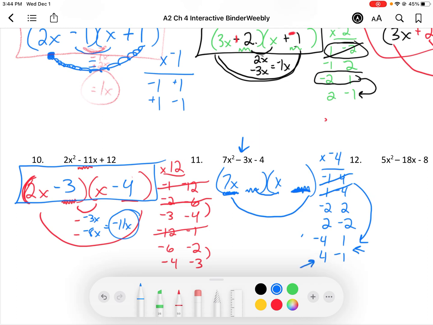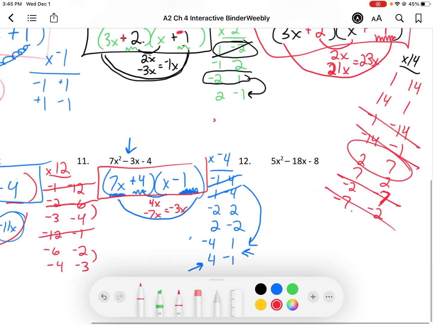I'm going to start on the bottom of the list here. So I'm going to put a +4 here and a -1 there. And when I do that, I get +4x and, hey, -7x. That gives me -3x. This is the right option. Last but not least,